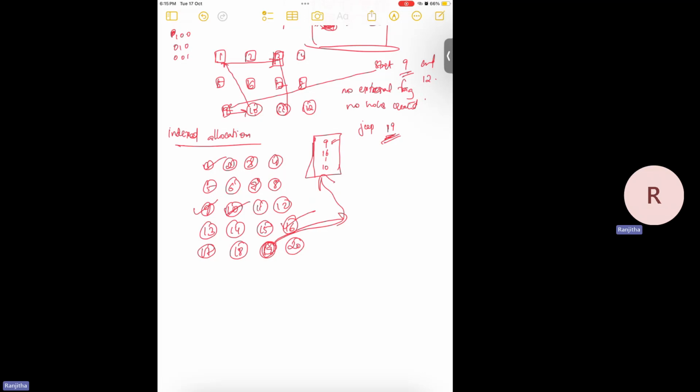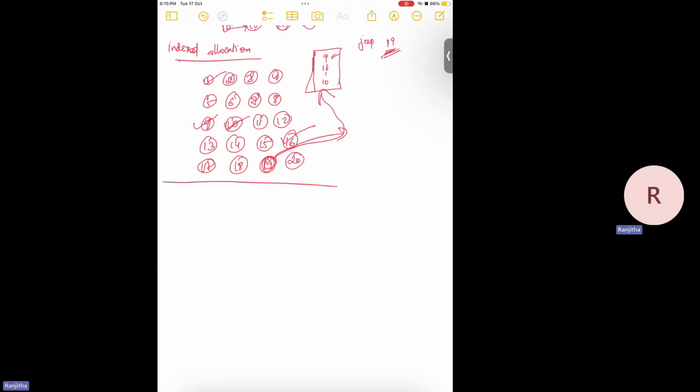So that's pretty much about our file system. We'll quickly take a look at one problem. So let's consider